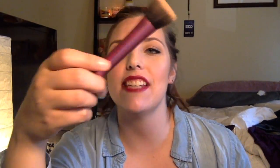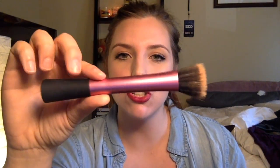The next brush I have is actually not a Sigma brush. Shocker. This is a Real Techniques stippling brush, and I recently discovered this brush to use for bronzer. It's really nice at blending bronzer. I don't really use stippling brushes all that much, but I got tired of my